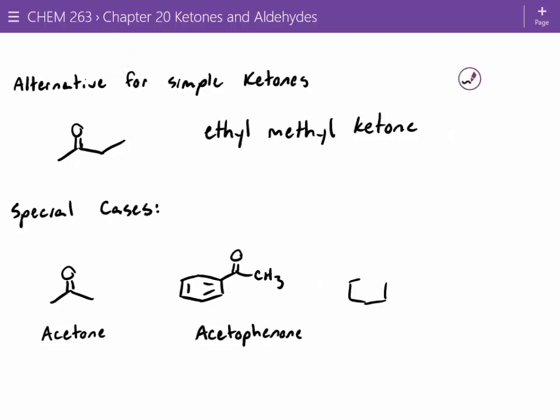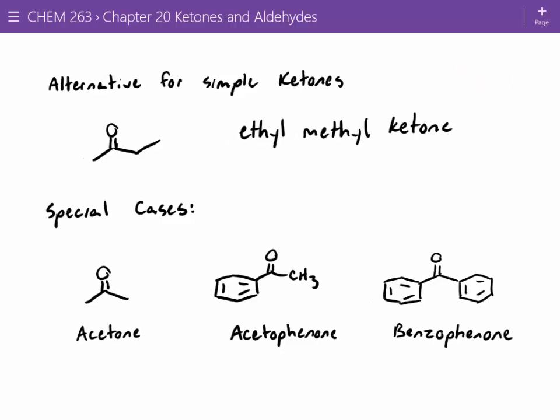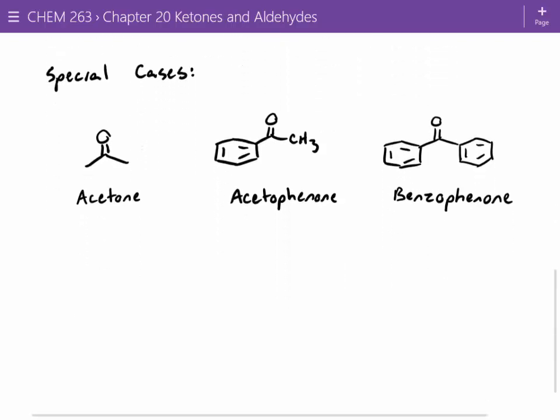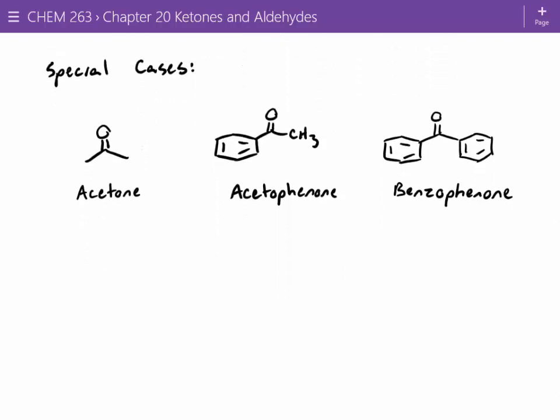All right, and then one last one that's also allowed by IUPAC but doesn't follow the naming rules. Does anybody know the name of this one? Some people might say diphenylketone, but it's more commonly called benzophenone. So all of these are special cases for ketones. There's also a couple other ones, too, that I wanted to bring up. These are usually the most common. The other one that's a special case